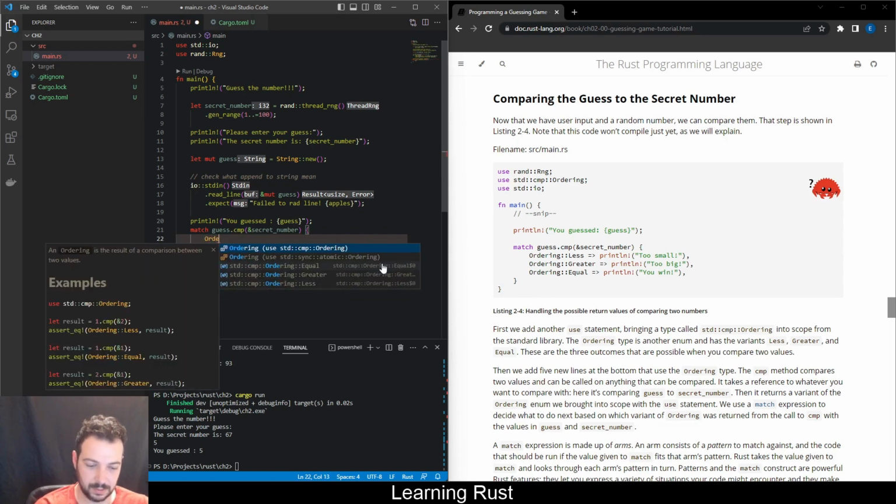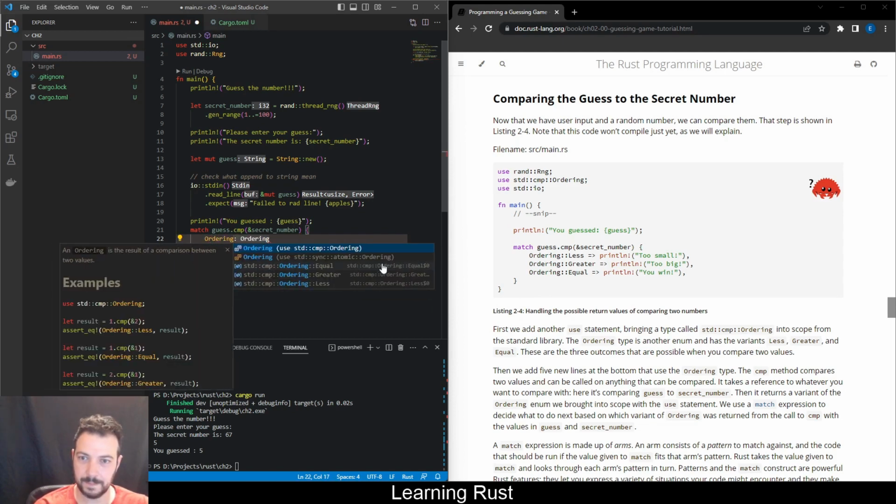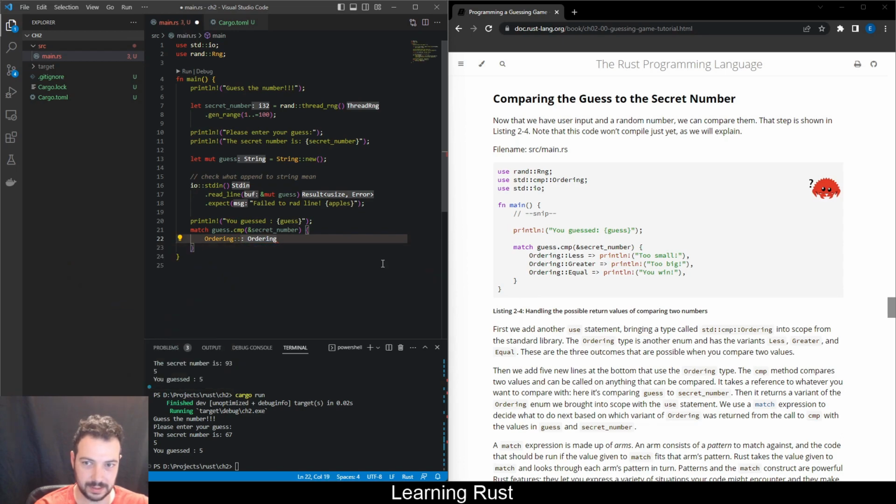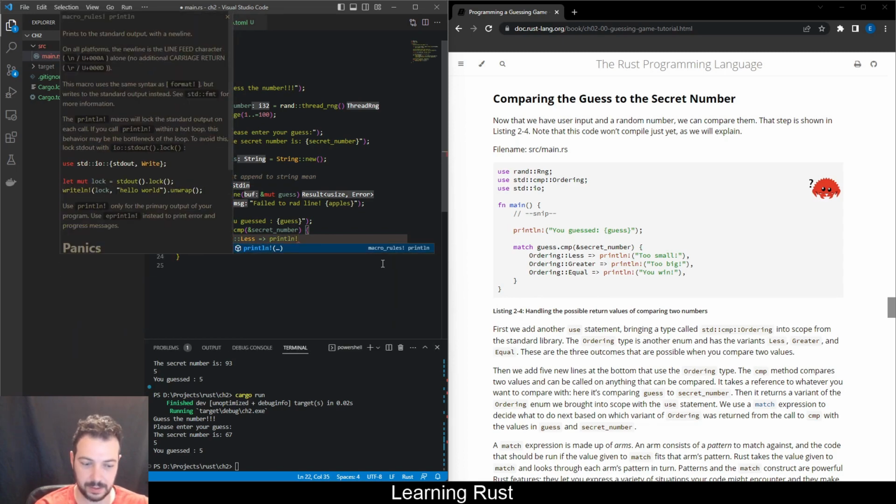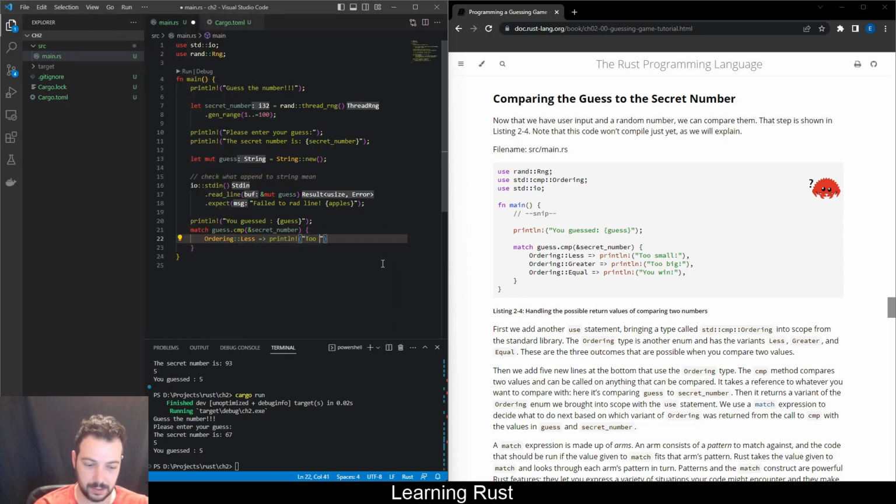Yeah, so ordering less goes to print line too small, comma, ordering greater